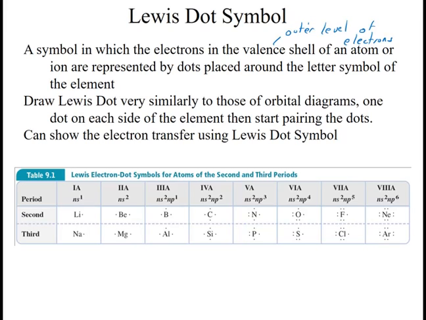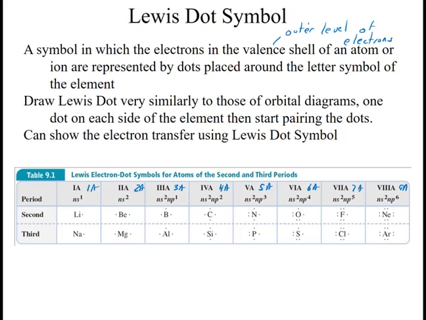Okay, and it's simply the group number. So these are the Roman numerals, but this is 1A, this is 2A, this is 3A, this is 4A, this is 5A, this is 6A, this is 7A, and this is 8A. Okay, and it's important that when you draw these